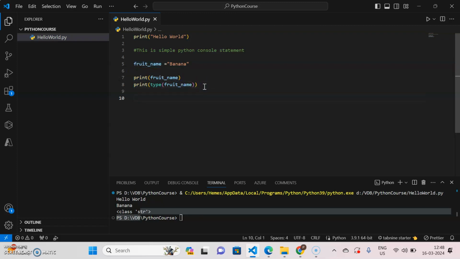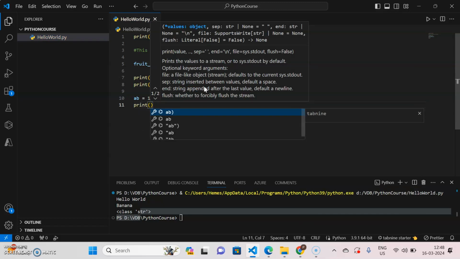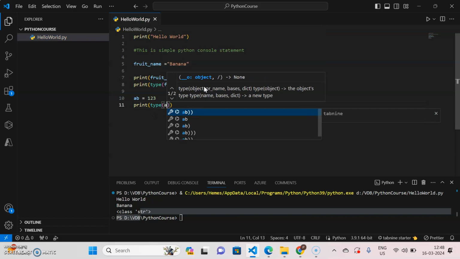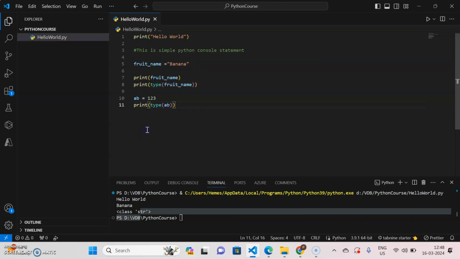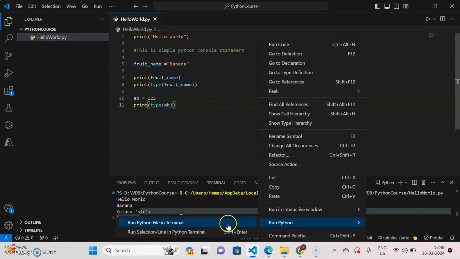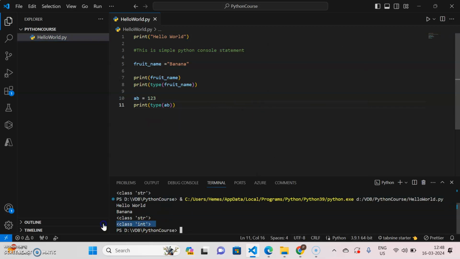And also ab equal to 123. I want to know the type of ab. So type of ab is 123. 123 is integer, we know, right? So the type is integer showing up. So these are the inbuilt, which using the type function we will get to know which data type it